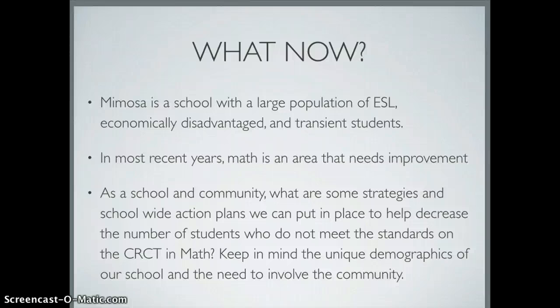So in most recent years, we also know that math is an area that we need to improve as a school. So we need to look at how we can make these improvements and also keep in mind the demographics of our school. So as a school and a community, what are some strategies and school-wide action plans we can put into place to help decrease the number of students who do not meet the standard on the CRCT in math? Remember to keep in mind that the unique demographics